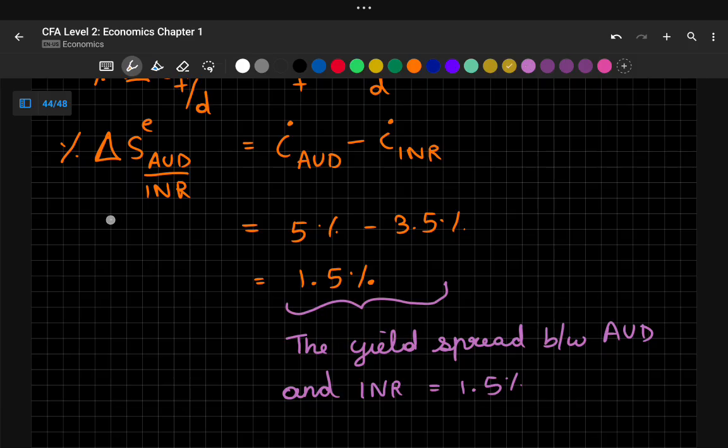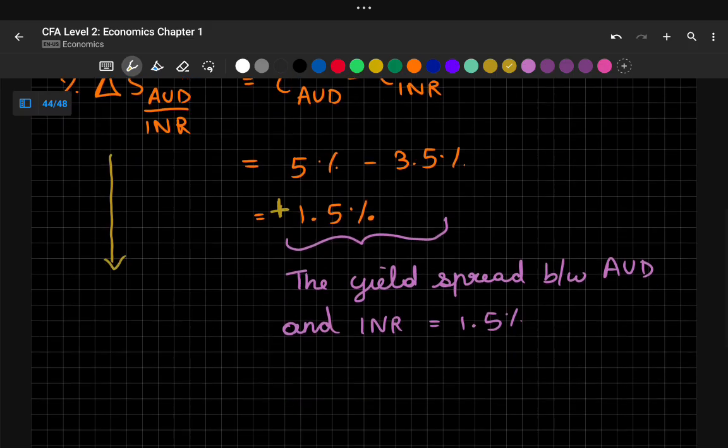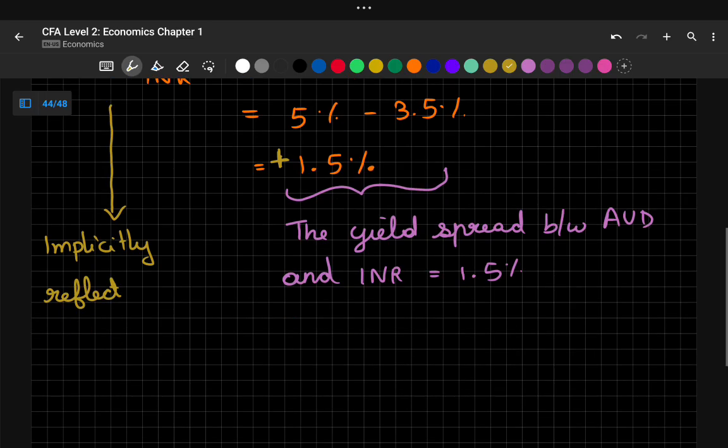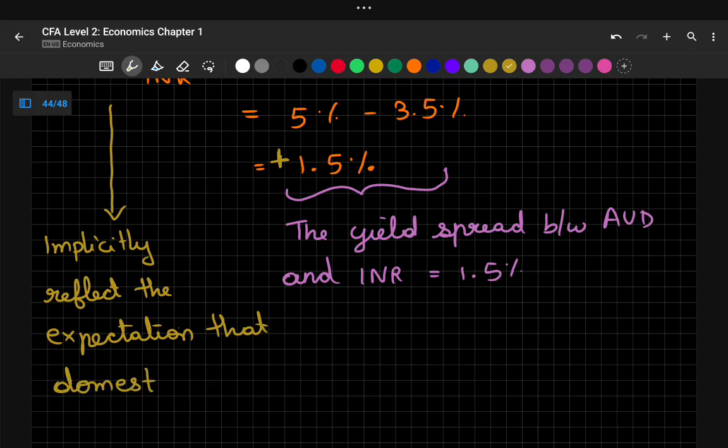Since it is positive, it will implicitly reflect the expectation that the domestic currency